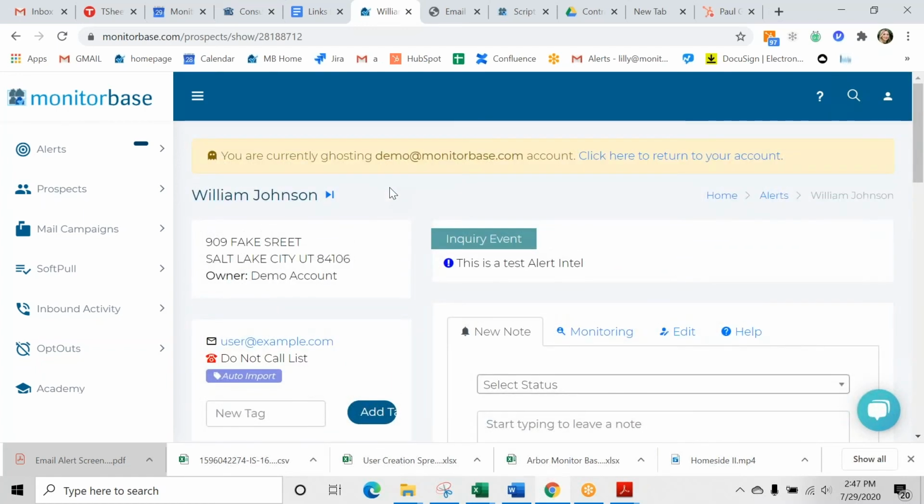How do we get our credentials from Monitor Base? This is the first time I'm understanding it. What a great question. Actually, since you asked that right now, I'll just mention that I went through earlier and found a list of people that either haven't logged in recently or haven't logged in at all. And so I'll be sending out some activation emails as well as password reset emails to any of those people on that list so that you can get your credentials back into your account.